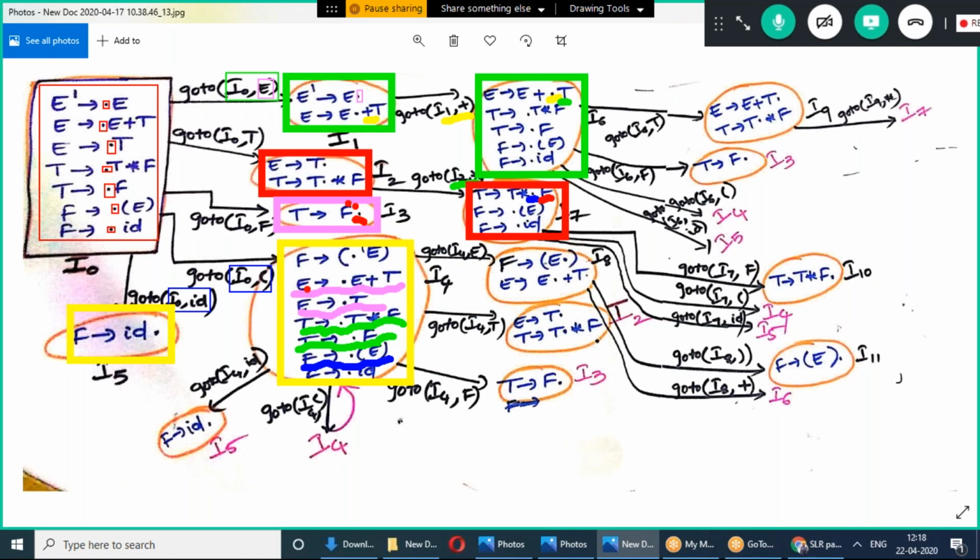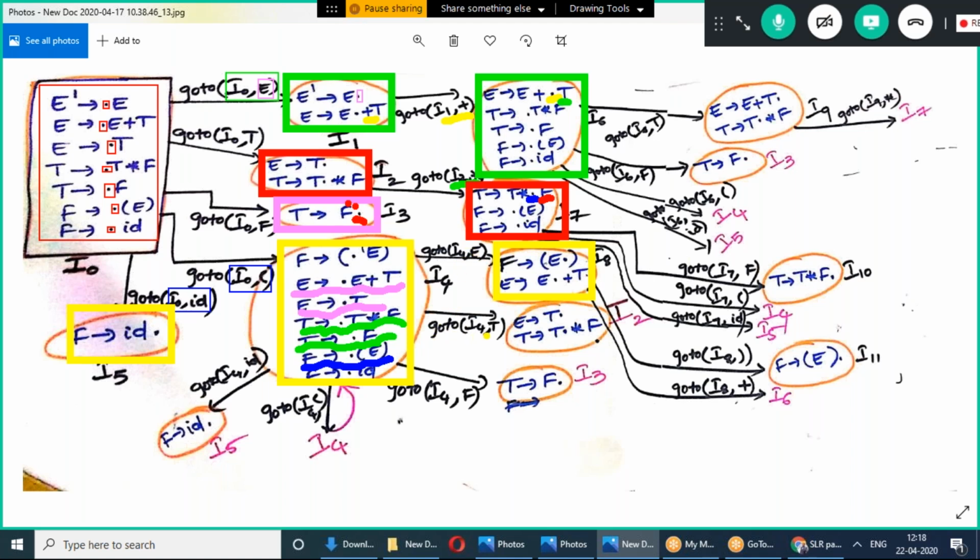Come to the next production: E → E . + T. After that there is only a terminal symbol, so no need to add any more productions. We name this I8. Now goto of I4 comma E is completed.